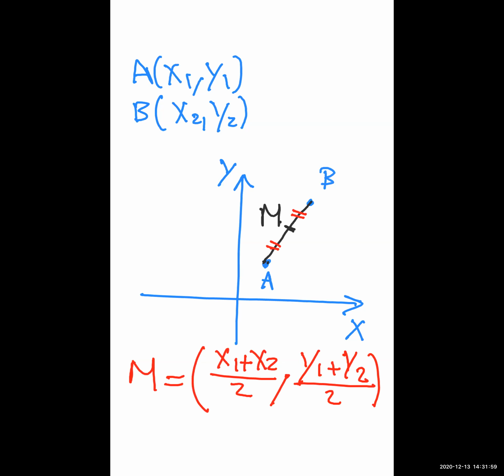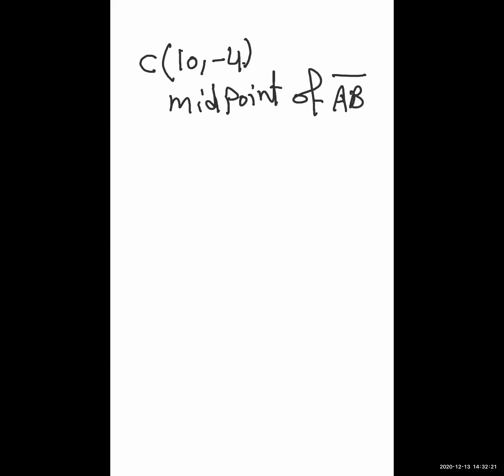The example here: if C, which is 10 and -4, is the midpoint of AB, and A is 4 and -2, find B. Now, guys, C is the midpoint of AB. So this means,